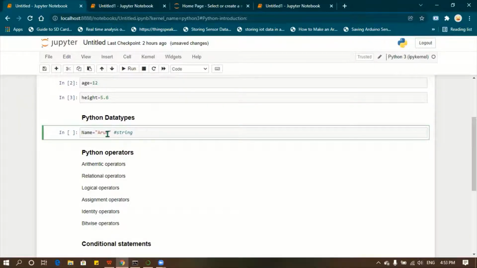So what is the difference between the string data type and the others? If you add some value to the age, here we have 12, and I add plus 5, it will perform an addition operation, right? We cannot do those things to our string.